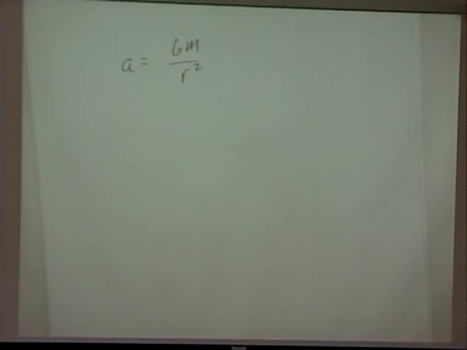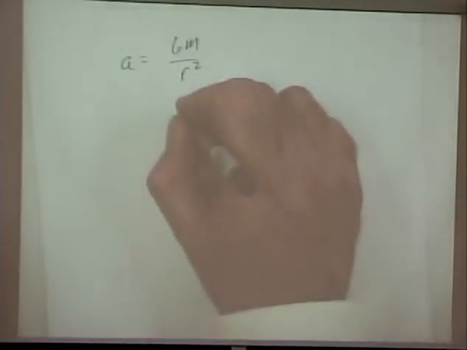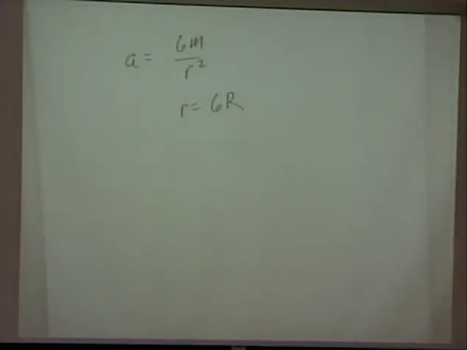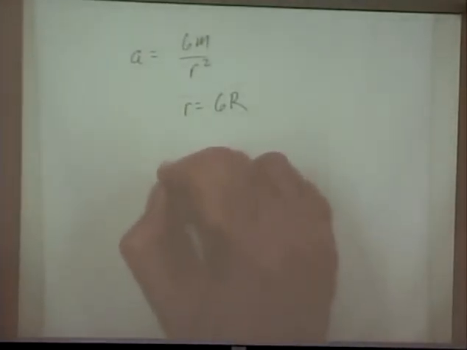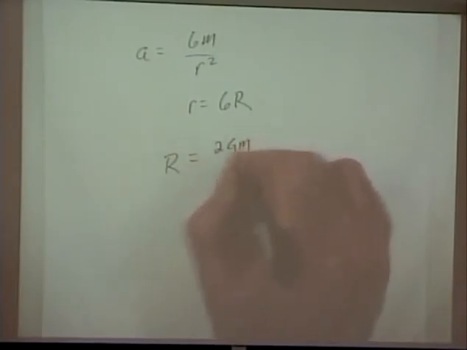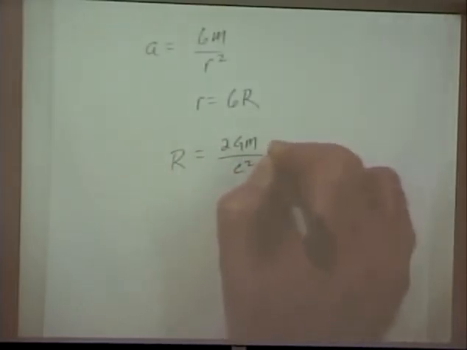If the sun crushed down to become a black hole, what would be its radius? Then our r here is equal to 6r. So the r that we find is 2GM over c squared, right? To find R,